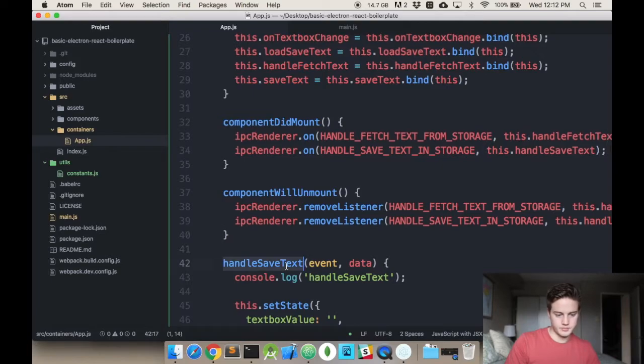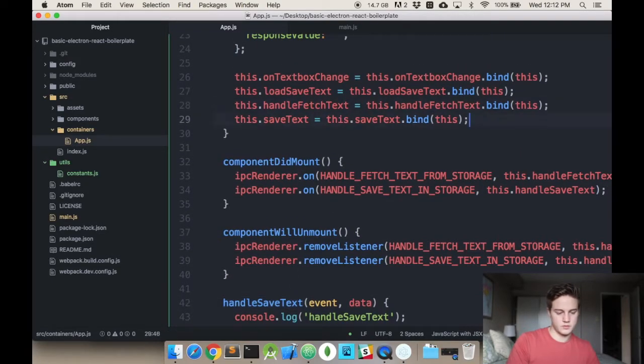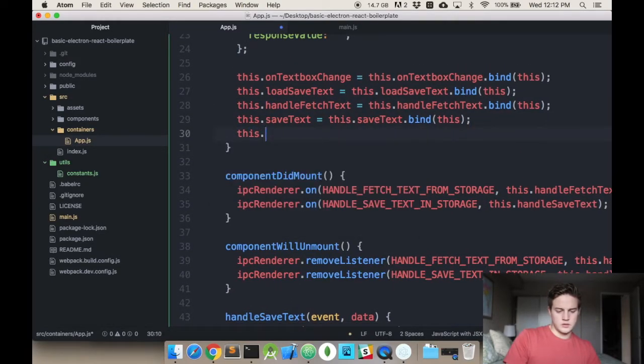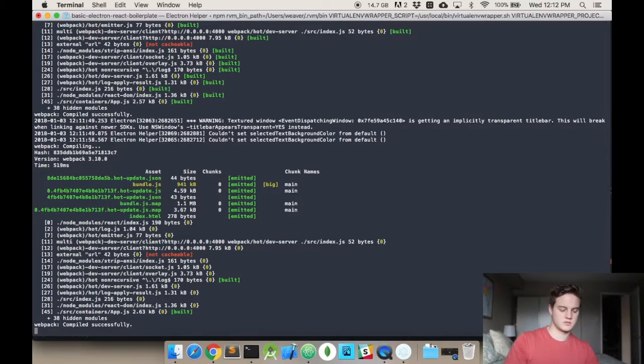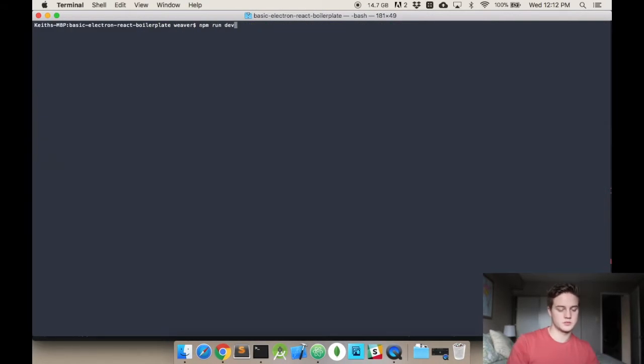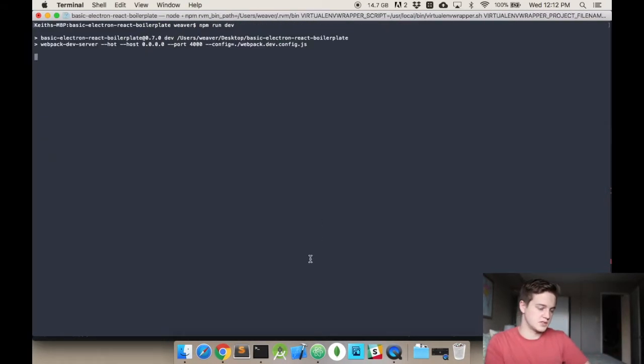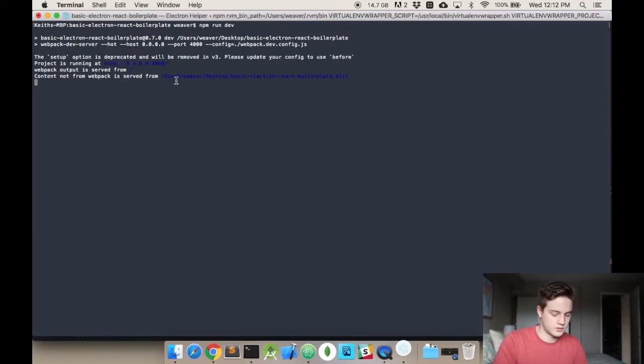I have not bound this to the actual component, so that won't work. For consistency's sake, actually stop it and then restart the whole thing. Not super needed, but